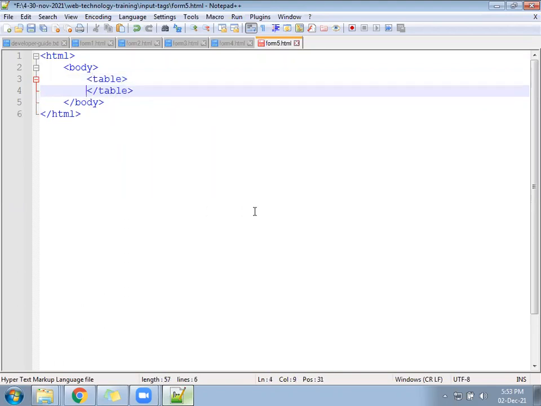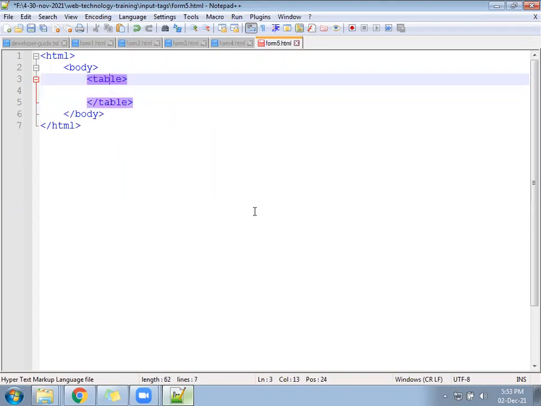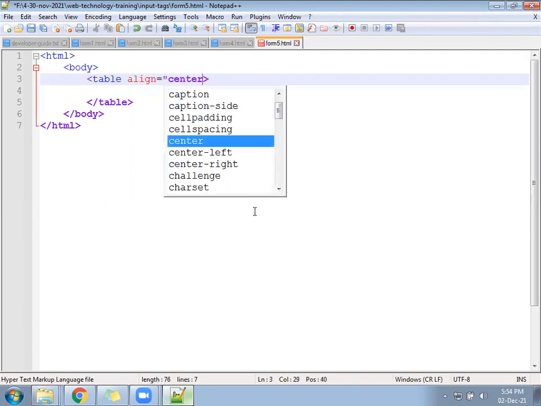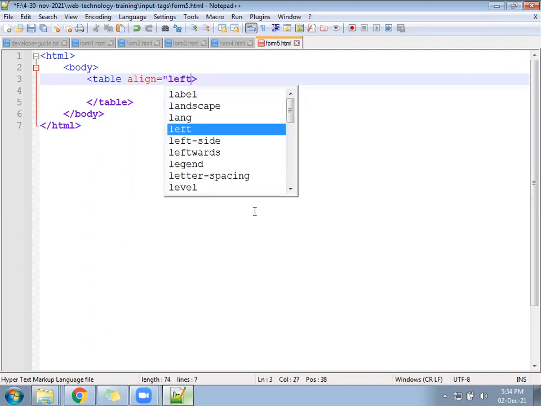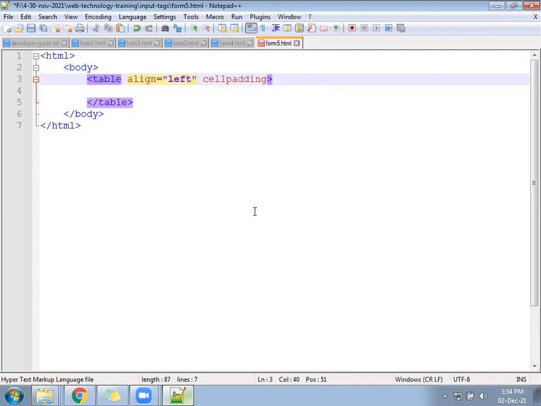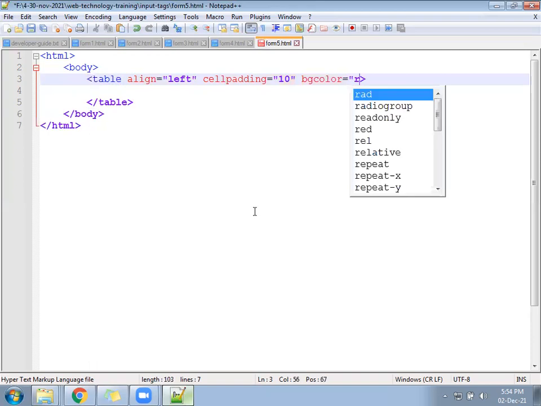Table, table. Then after that, keep align as center again. Okay. Keep this align as left. Cell padding somewhere 15, or 10 is also okay. BG color red.